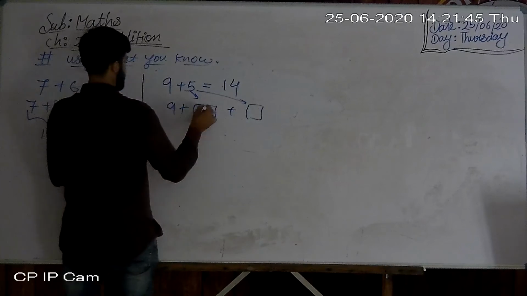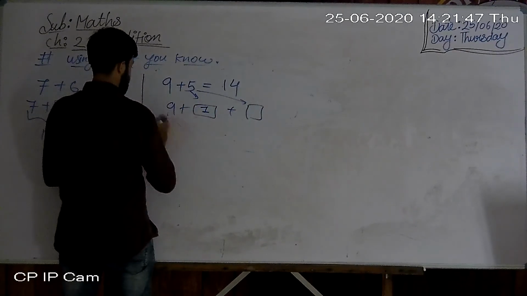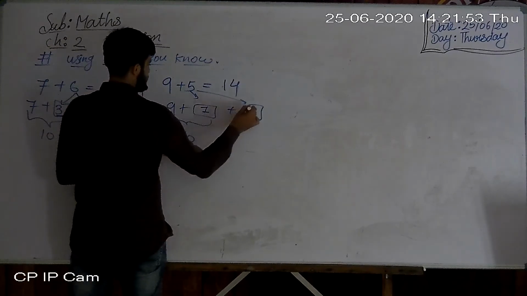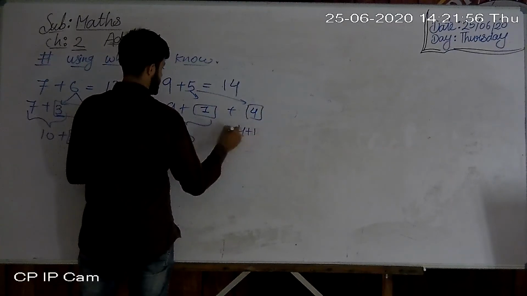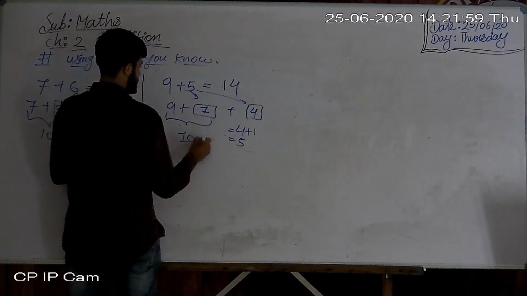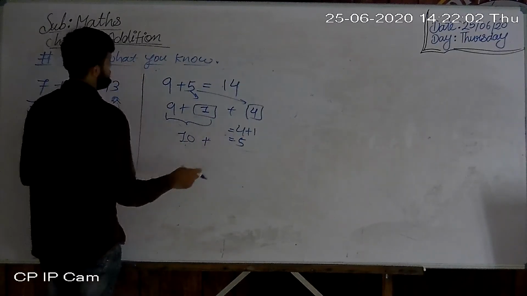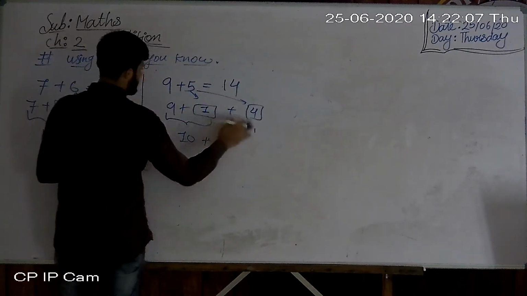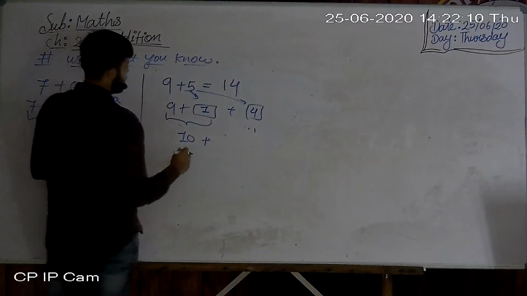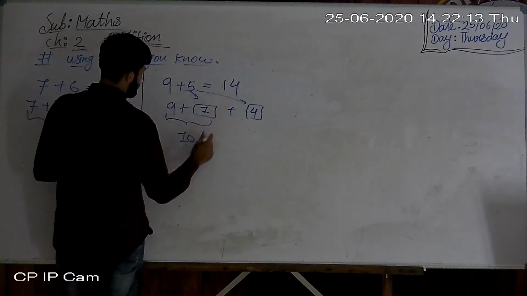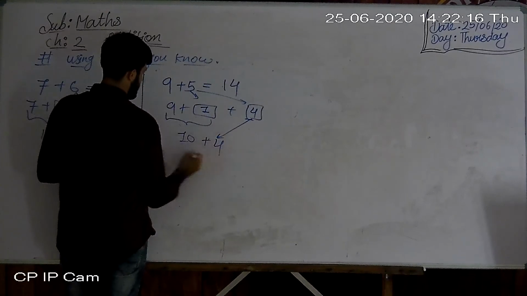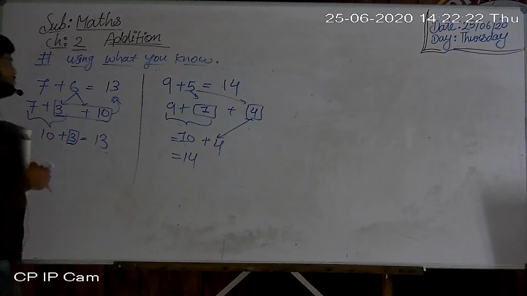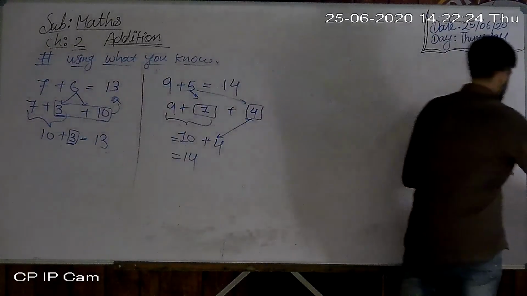So okay, 9 plus 1. So how many here? 9 plus 1 is 10, and here 4 plus 1. So how many? 5. Sorry, 10 plus 4. Okay. No need to add the 10 plus 1. We are taking only the 5. So the answer is what? Here 4. I am taking 4 in a different place. So 1 and 4. Okay, I hope you understood, and I hope you enjoyed my lecture.